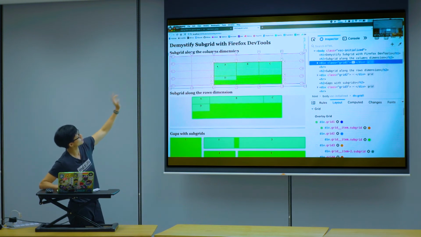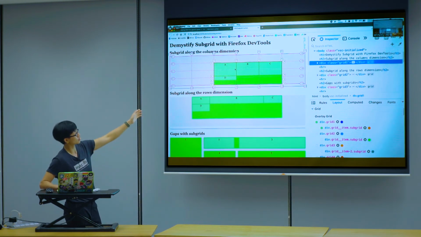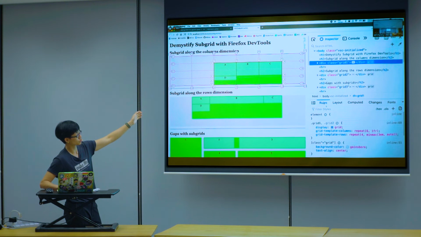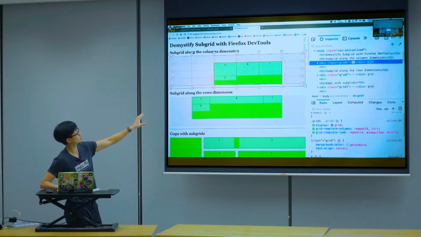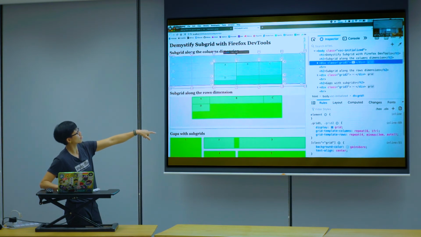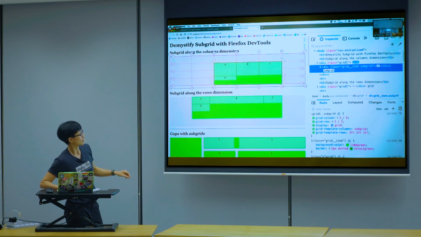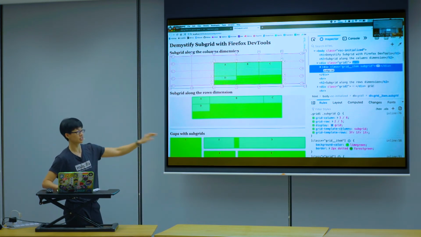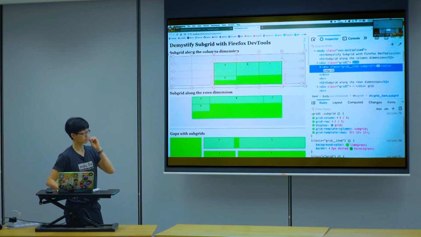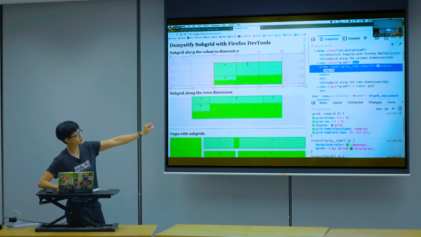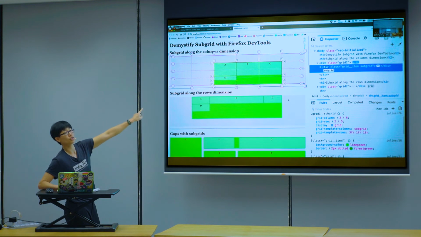So you can define it along a single dimension. For this particular example, if you look at the rules, I make the columns subgrid, but the rows are on their own. So when you set subgrid on the columns, it will follow your parent grid.